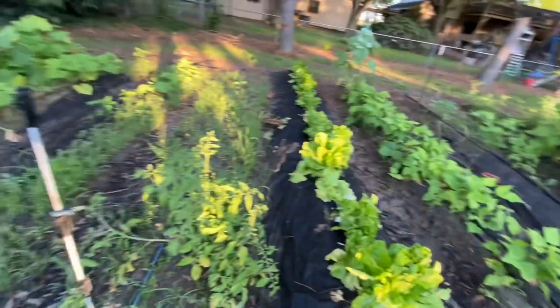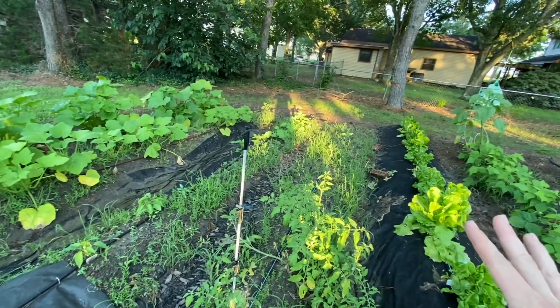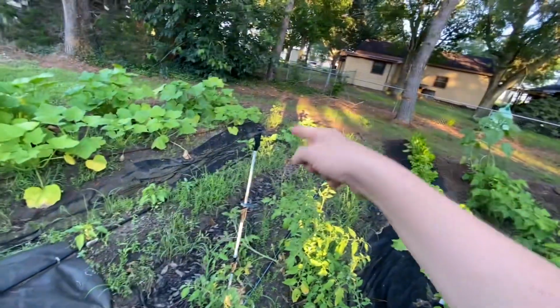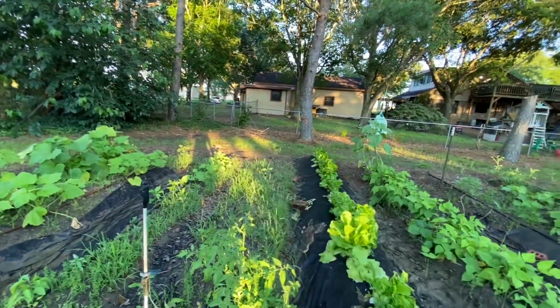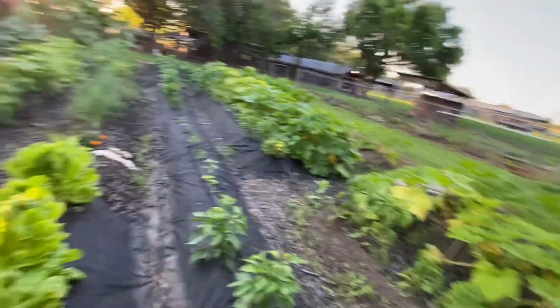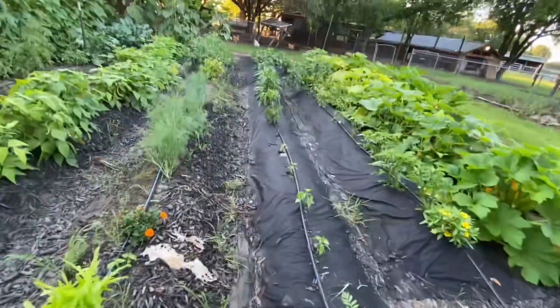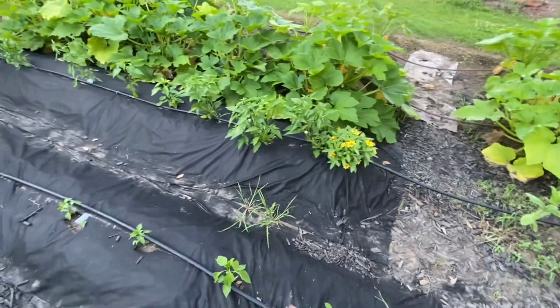Everything is getting covered in weeds on this end of the garden, which is where I ran out of the weed cover, and it shows. Our peppers down at the end are just overrun. That right there at the very end is cantaloupe. We have one lone watermelon plant. I was really hoping that they would outgrow the weeds and tamp it down, but we've got some of our peppers that have really been struggling. I think these are all